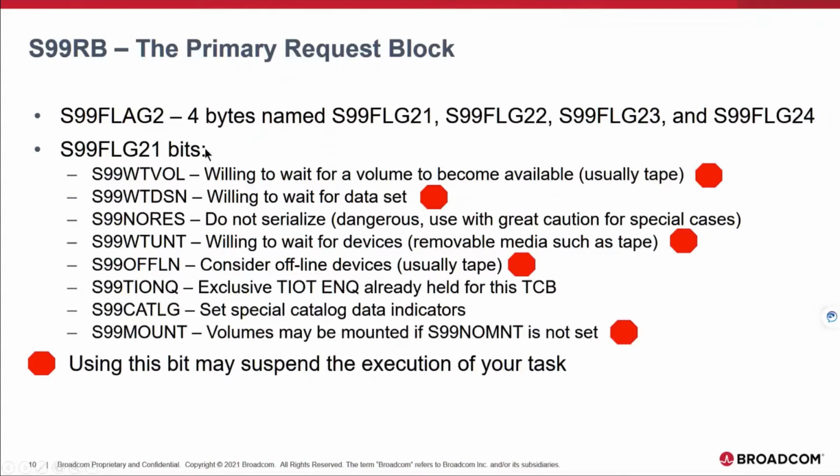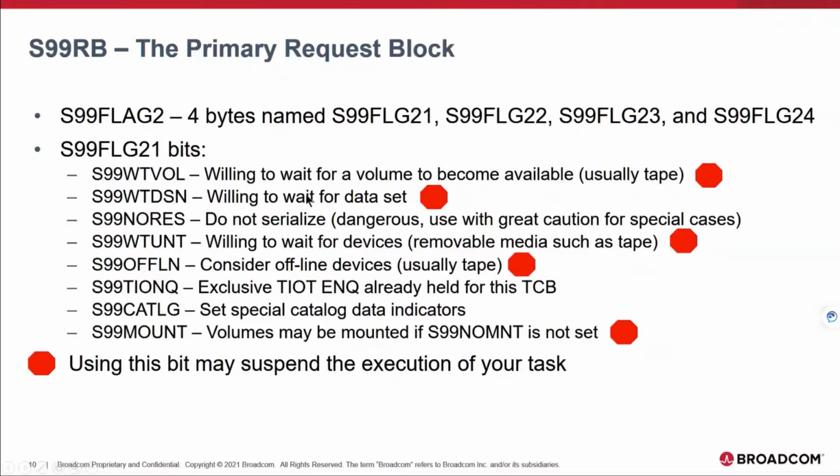And then lastly, in the control block, there is what's called flags 2. There are 4 bytes named flags 21, 22, 23, and 24. And 23 and 24 aren't really defined yet. They're just zeros. Anything that's tagged with this little stop sign here means that it will potentially hang up your